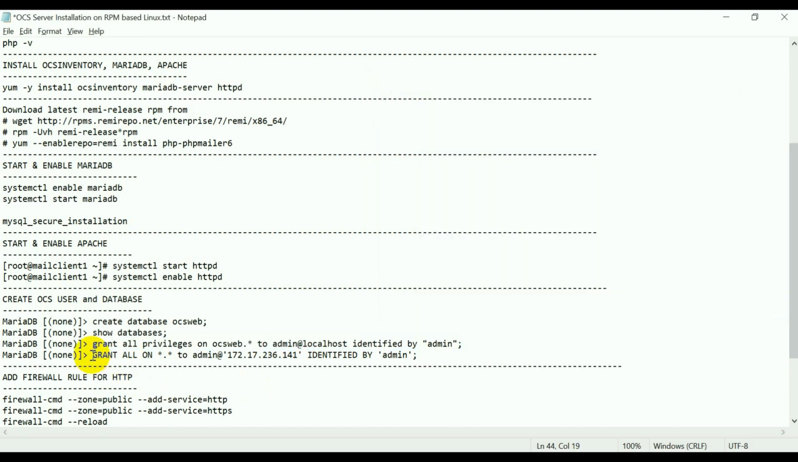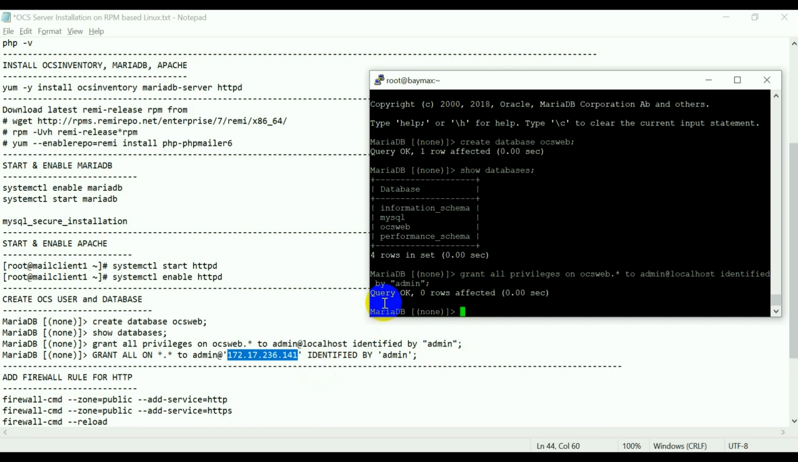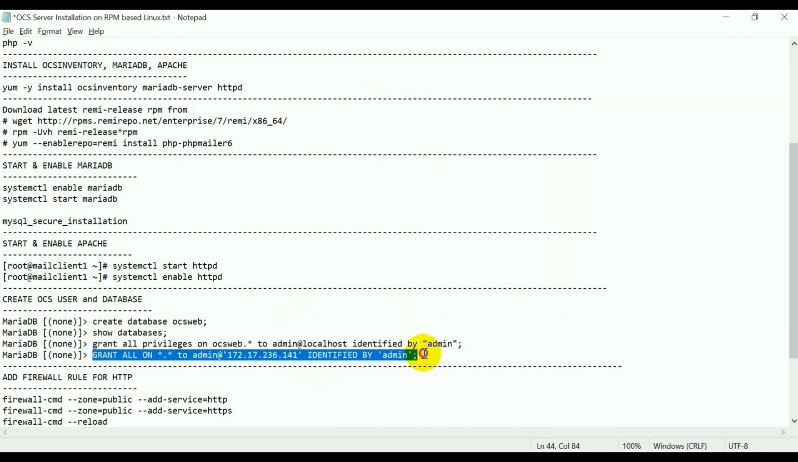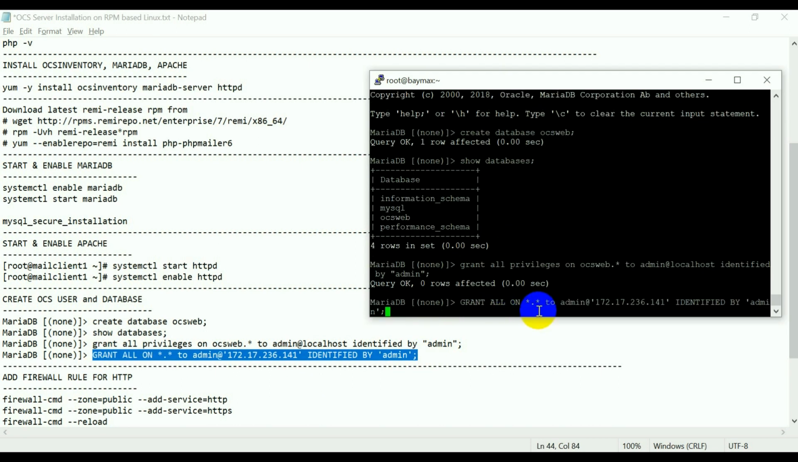And one more thing we need to do while taking access from a remote machine, the access to the web console from the remote machine: we need to add the IP address of the current machine. So we need to run this command also. The database user is admin, its password is admin, and this is the IP address of the inventory machine. So the IP address is,